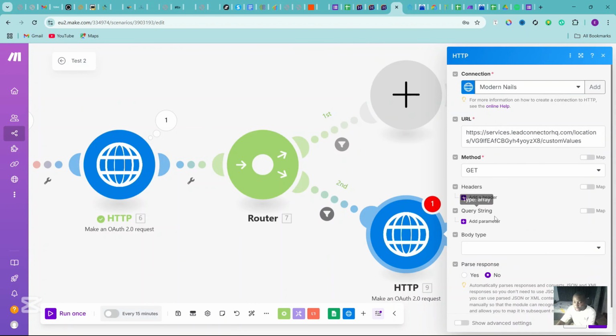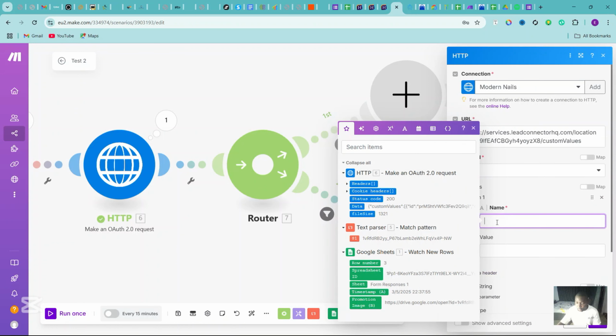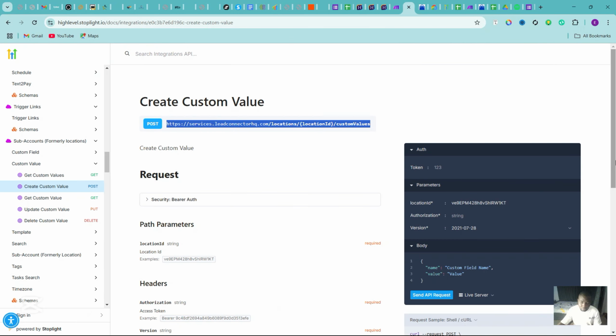We are going to be creating the custom value first, so that it checks. Then that will be random, and then the version will be